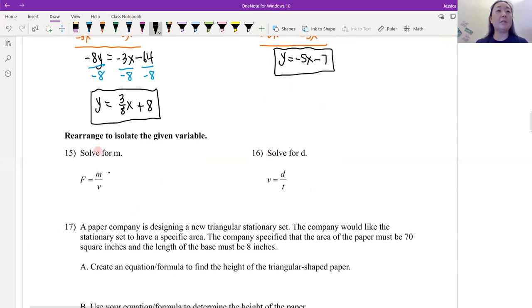So if you look at number 15, it says solve for the given variable, or rearrange to isolate the given variable, which means solve for the given variable. So we want m equals, right? So here's our m on top. So we need to get rid of the v. How do you get rid of the v? Multiply by v, right? So then we get vf is equal to m. Or again, we're going to put the thing that we're trying to isolate first. So m is equal to vf. And since this is lowercase, if it is lowercase, you got to keep it as lowercase. If it is a capital, you got to keep it as a capital. Totally two different things, okay? Especially when you get into geometry,